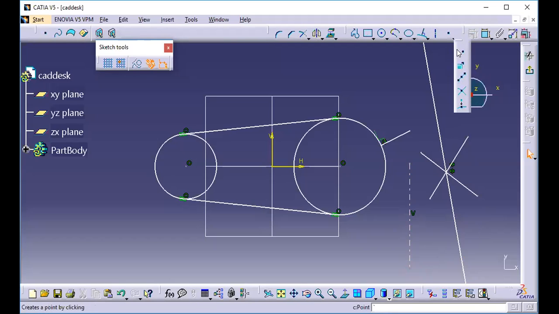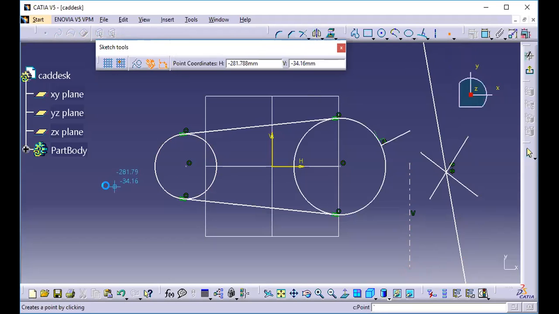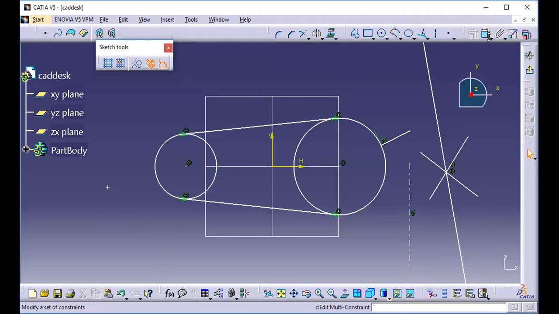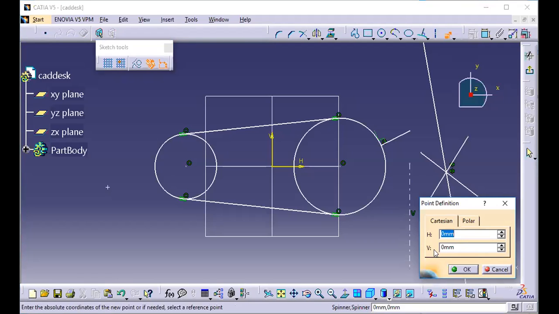So here it's a simple point. Anywhere you click, you will get a point. Here, point with coordinate system. If you know the coordinate value, just go to point and give the coordinate value. If you click on it, it will allow you to give the coordinate value. Just put the coordinate values over here and it will give you a point.